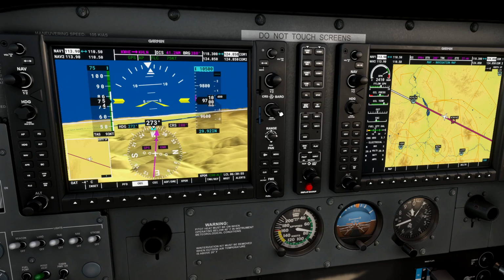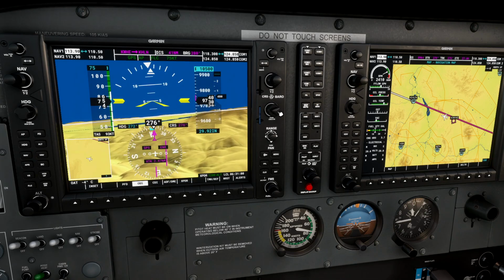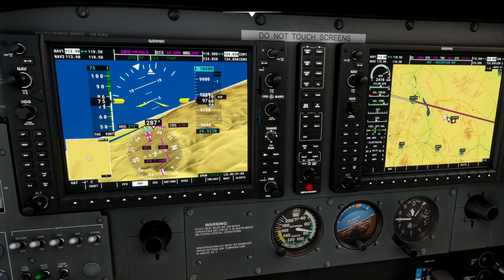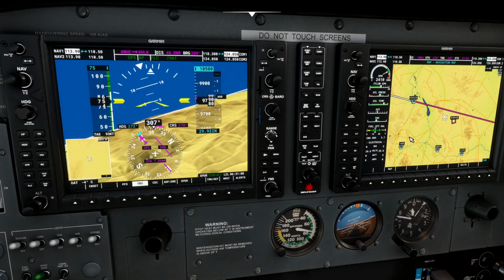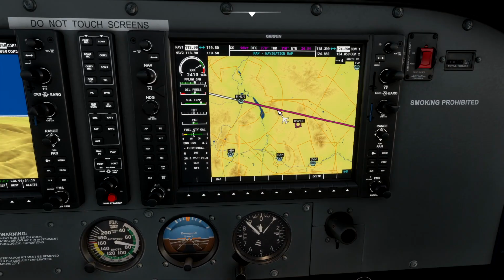I'm just going to let it keep turning automatically. So I'm going to change the 280 to a 270 by turning this triangular dial here. And you can see that now the course moved up and it's north of us. We're not on the course anymore, but the autopilot is taking us to that because I left the autopilot engaged. So this magenta line now is basically a huge extended runway line for that runway 27 that we're landing at. So we just fly to the magenta line, and therefore we'll be lined up already with an approach for straight